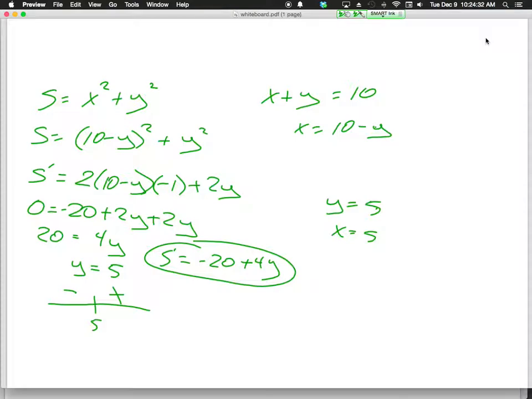Alright, I want 4 problems on this worksheet. I want number 2, 4, 5, and 7. 2, 4, 5, and 7 are what I want done when you get to me tomorrow. And then we'll